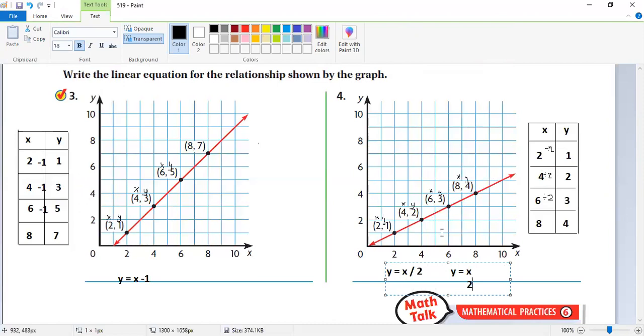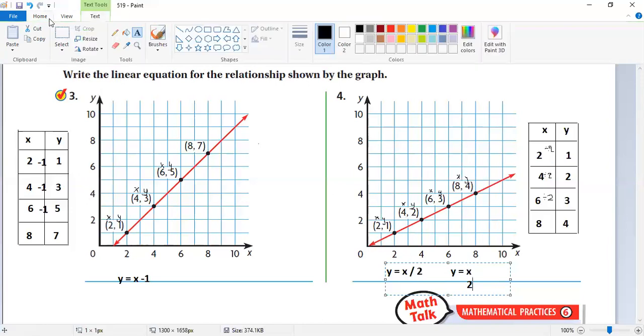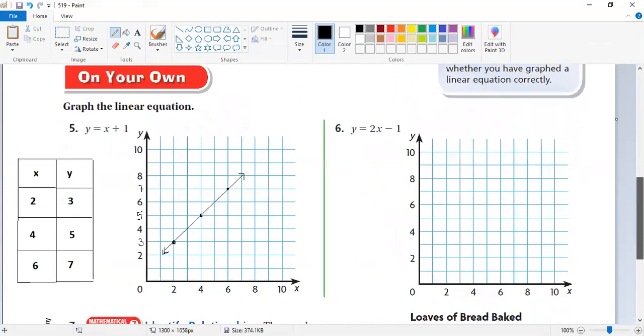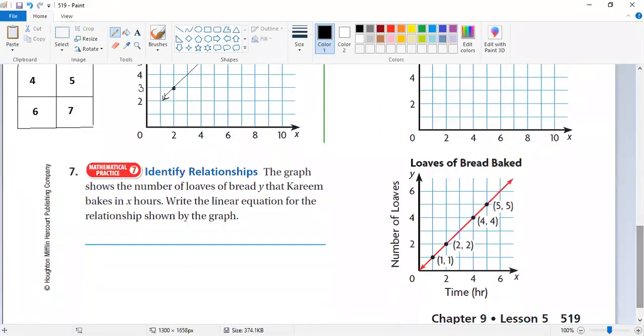As a fraction also you can do it, because you can put 2 up and 2 down. So 2 divided by 2 is going to give you 1, but you have to put the dividing sign down. Okay, I'll try to do that with the pencil again. So it has to be like this, x divided by 2. It's the same whether you write it like this or like this. Your equation is going to be the same one. So let's quickly move on to question number